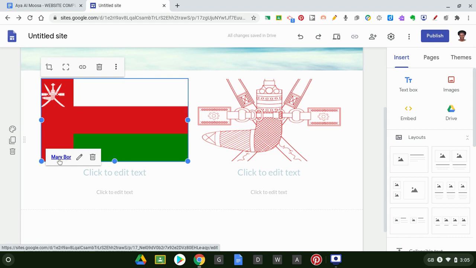Remember I said on the internet, links are blue with a line. Now, the picture is a link, but it has a phrase. It has words that is the link. So if I want to go to Maribor, what do I do? If I click Maribor, look at what happens.